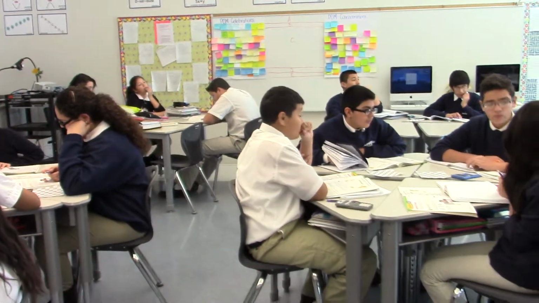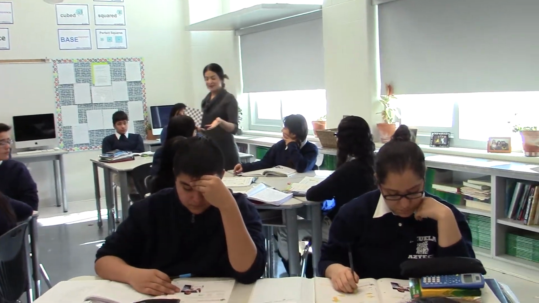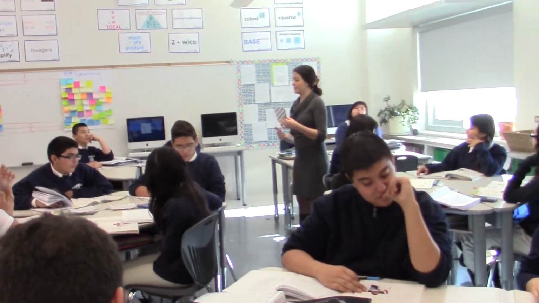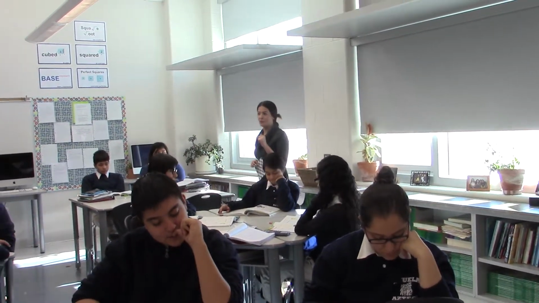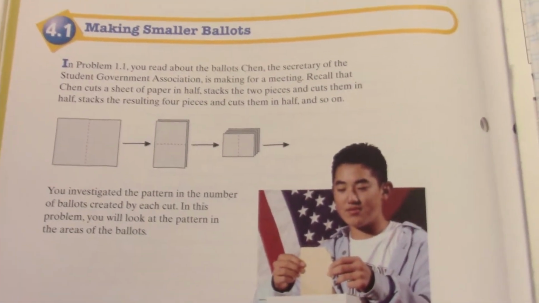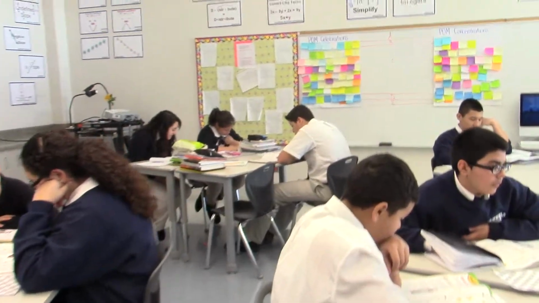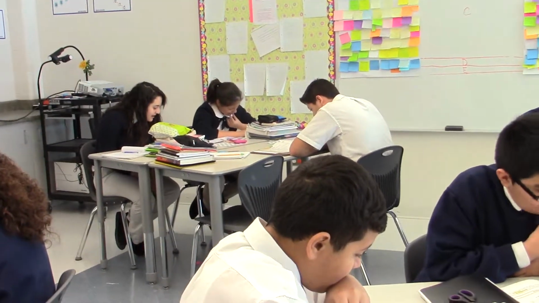So, when Amy said possibly this pattern is going to continue to decrease, and all of you agreed, yes, it's going to decrease, well, hey, this is what we're going to look at today. Looking at these patterns where now the numbers are decreasing. Let's read the situation in 4.1. Carla, thanks. In problem 1.1, read about the ballots trend. The Secretary of the Student Government Association is making ballots for a meeting. Recall that the Chen cuts a sheet of paper in half, stacks the two pieces and cuts them in half, stacks the